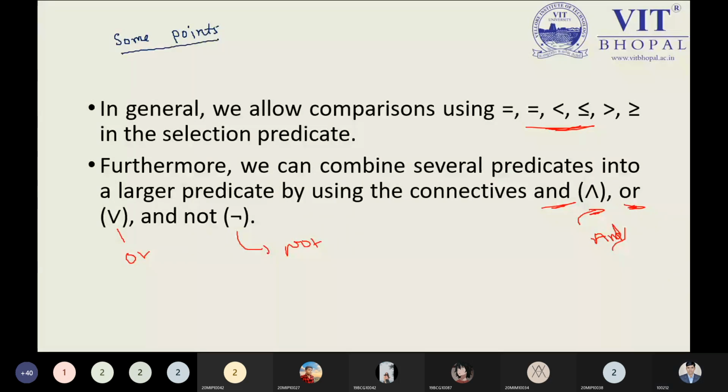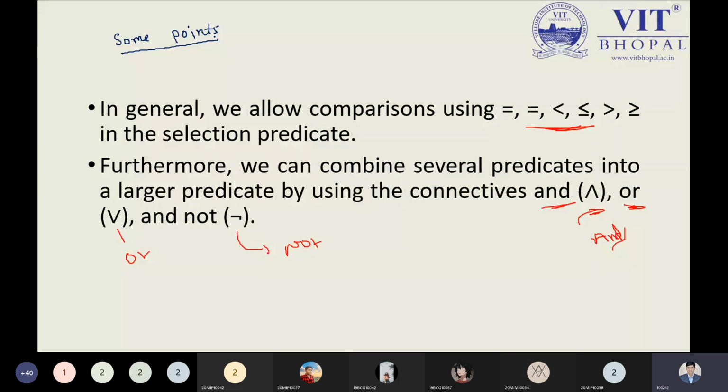We can allow a comparison operator to make the comparison, just like A should be greater than 5, A should be less than 35. This kind of pattern you can use. While applying a condition, you can choose any one of the comparison operators mentioned over here: equal to, less than, not equal to, less than equal to, greater than equal to, and so on.